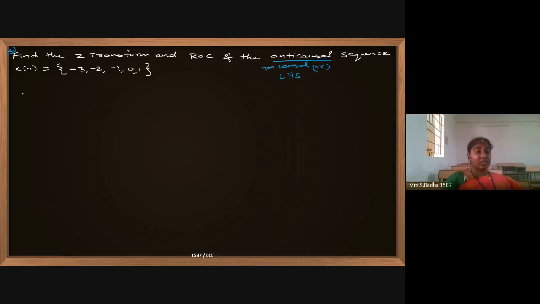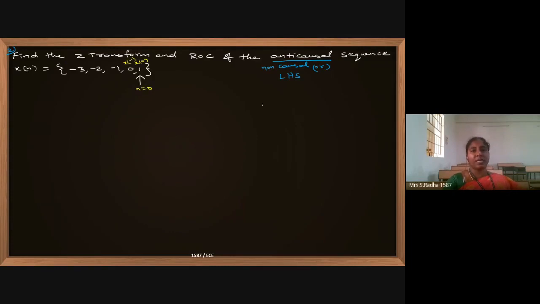The arrow mark is not there. So I will just take the arrow mark for the first element. When I was copying the question, I forgot to take the arrow mark. This is the arrow mark. Okay. This is a left-handed signal. Arrow mark indicates n equal to 0. So this value is x of 0. Left side means this is x of minus 1.